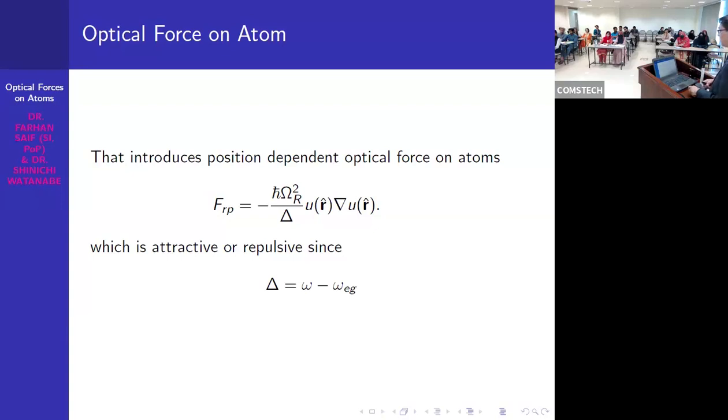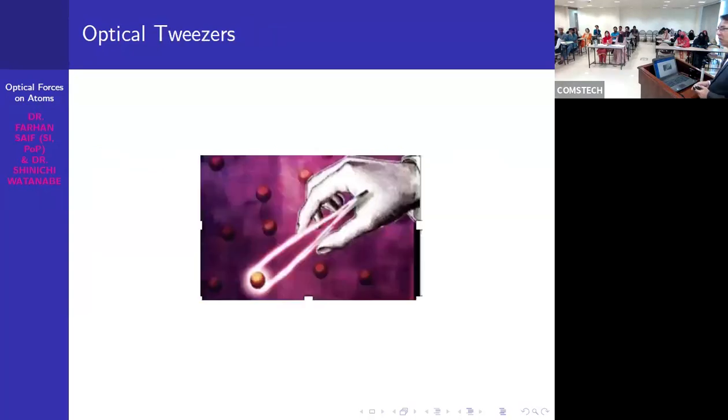So that's why we are in a position to make use of the field to attract the atoms or to repel the atom at the same time. So this is an interesting application. Now, if we move forward, we observe that based on this simple understanding, we can make interesting, useful instruments like atomic tweezers,